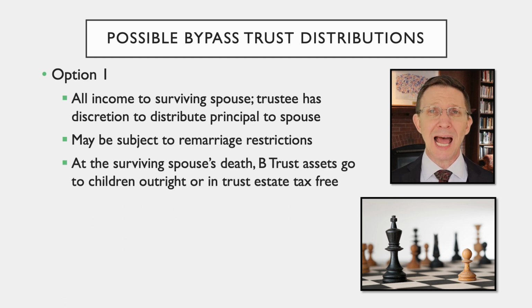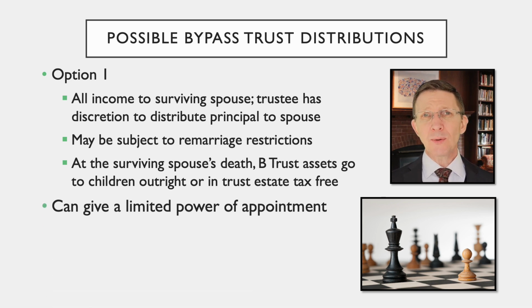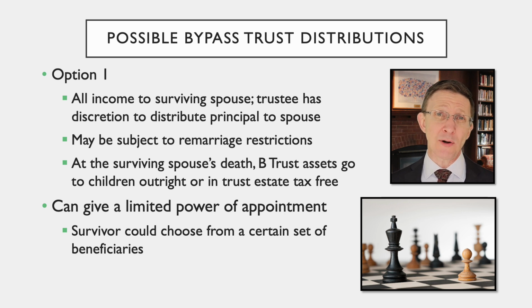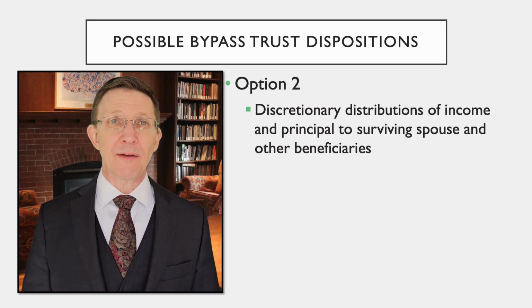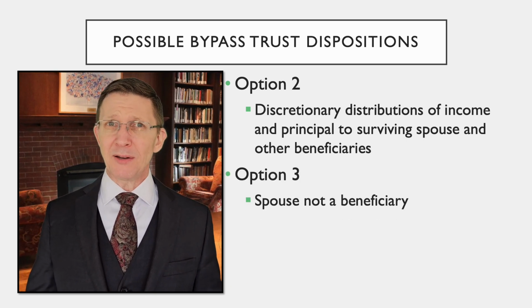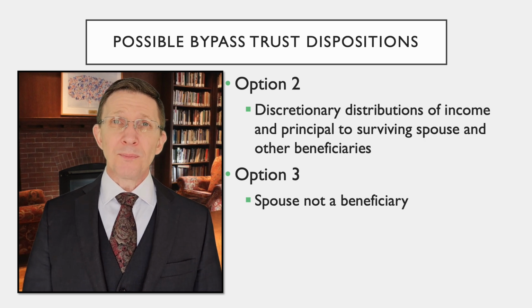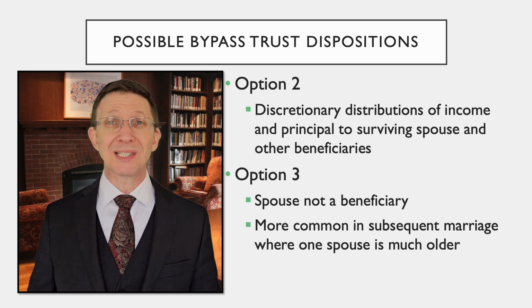After the surviving spouse dies, assets in the B trust often go to the original couple's children, either outright or in trust, estate tax-free. The B trust can allow the surviving spouse a limited power of appointment to decide who from among a certain set of beneficiaries receives the remaining assets in the B trust. Alternatively, the B trust may name other beneficiaries along with the surviving spouse during the surviving spouse's lifetime. But the surviving spouse does not have to be a beneficiary of the B trust at all. For example, omitting the surviving spouse as a beneficiary may be suitable for mixed marriages where one spouse is significantly